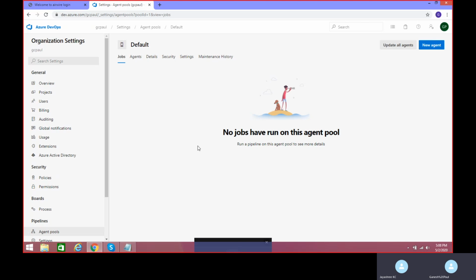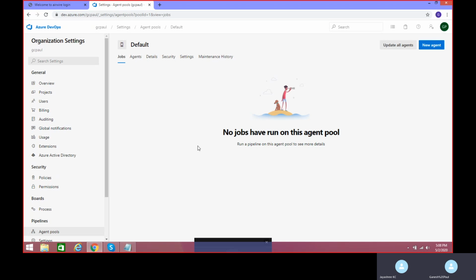I'll not go into detail about agent pools, because you need to understand how to create a pipeline and run it. Only then will you understand the agent pool's job and its significance. For now, agent pools are used to run the jobs that you create in your pipeline. A pipeline is kind of a flow. Inside that flow, we are going to add jobs. To run that job, where will you run it? Because this is inside a tool, we are not creating any servers to run our jobs. So where our job will run, agent pools come into the picture.